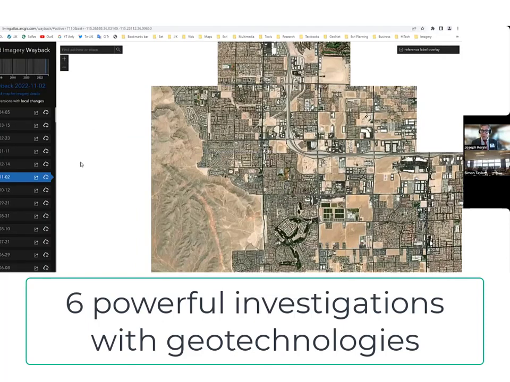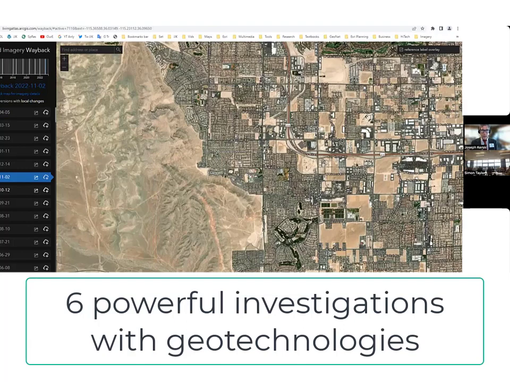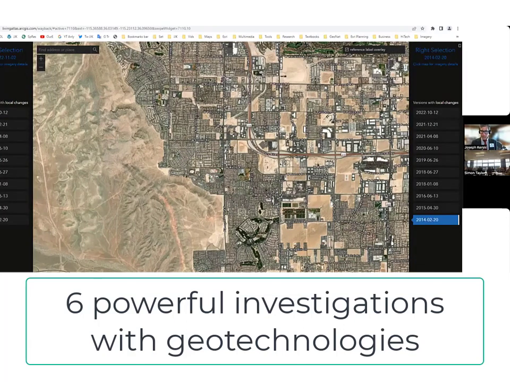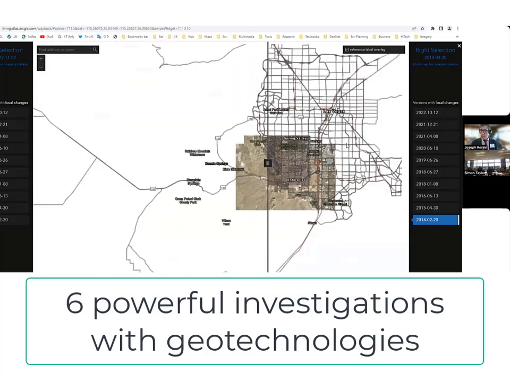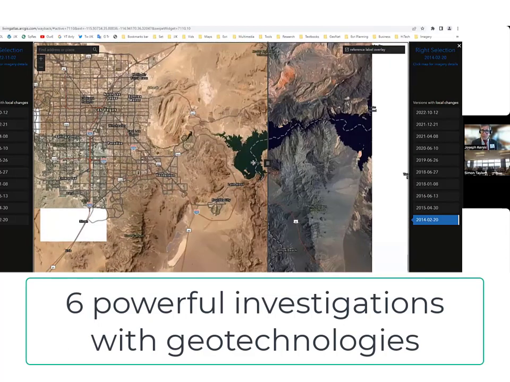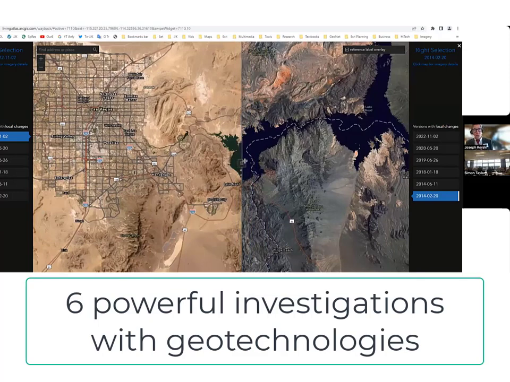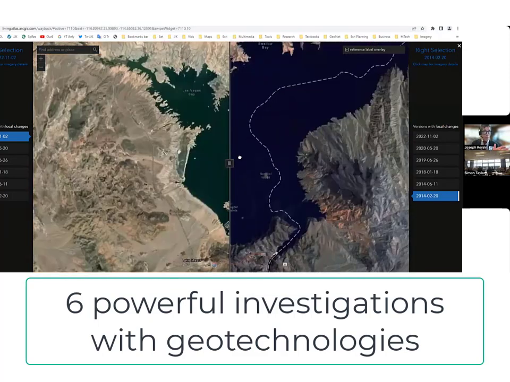Okay, so if I look at the Wayback Imagery, I've got a swipe tool here, and I can look at things like urban sprawl. In this case, the default map position is actually Las Vegas, Nevada. Thank you very much, Priscilla. That was my Elvis impression. But anyway, the point is, with one or two clicks, this is why maps are so powerful.